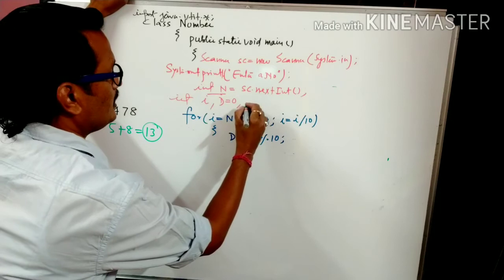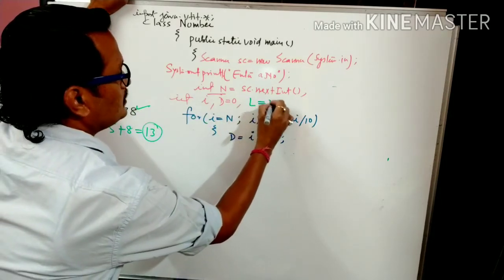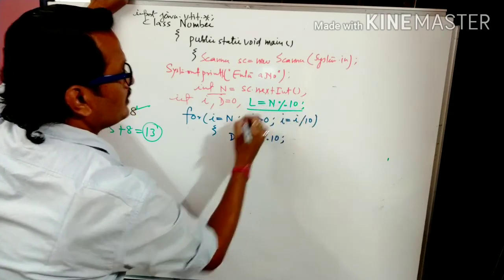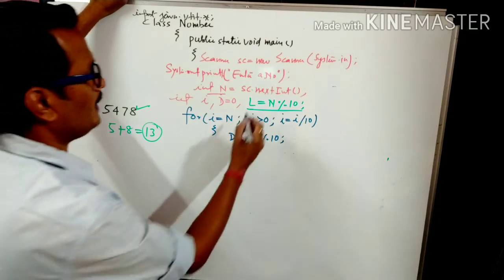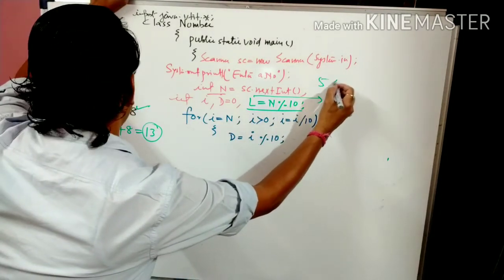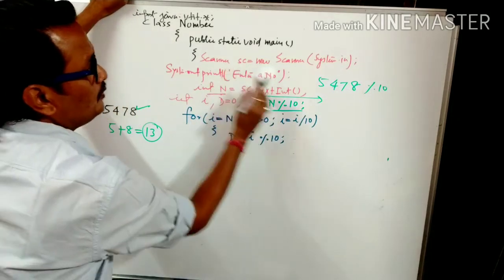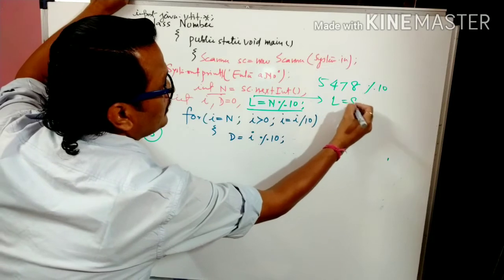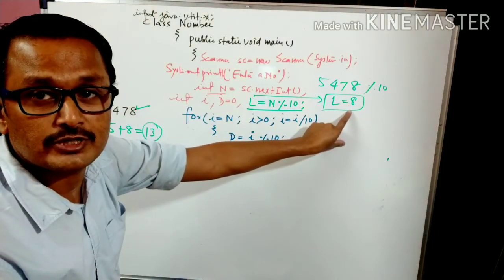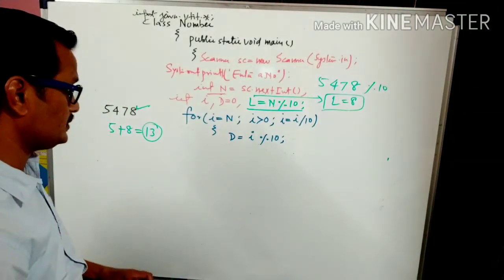Here you write a number, take a variable last, L is equal to n modulus 10. When you write n modulus 10, the value of L will be what? If number is 5478 modulus 10, outside of the loop, before loop, then the value of L will be what? 8. Yes or no? Last digit, we got it. Now we have to extract the first digit. Already explained how to get first digit in previous question.